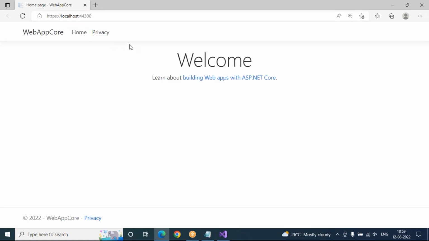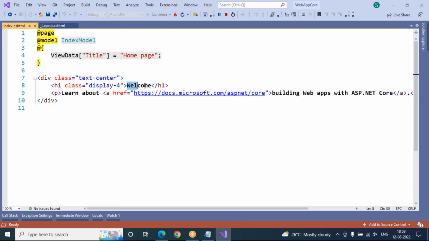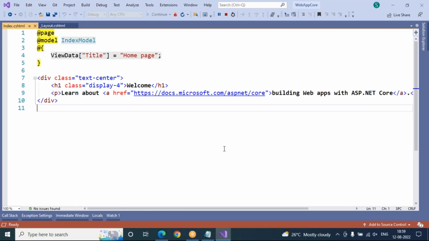Now you can see in this index.html, welcome is there, learn about building web application with .NET Core is there. If you want, you can see this, welcome is there, and learn about building reference is there, hyperlink reference is there. Same as this, it is going to be displayed here only in our browser. But sir, can't we display our own message? I'm asking. So you can display your own message. At that time, we can go for